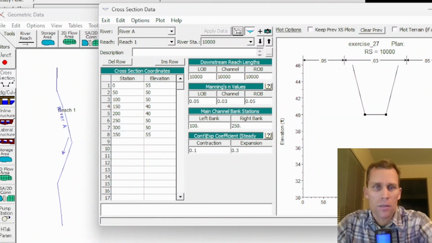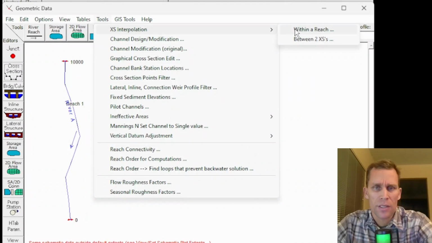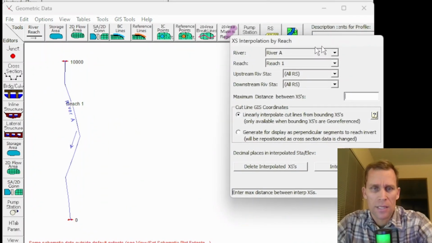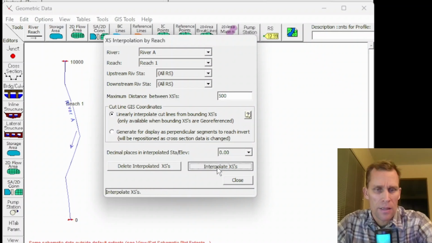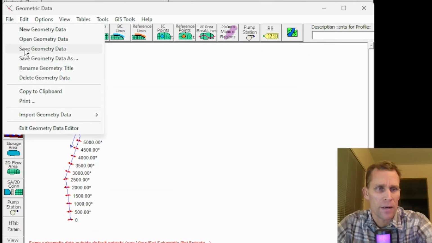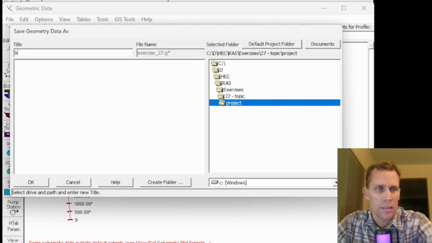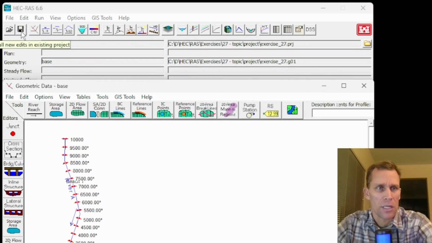All right, so I'm going to close that. And then, like I said, I'm going to add some intermediate cross sections within the reach. I'm going to say this is going to take place every 500 feet, and then interpolate and close. All right, so we have our cross section data right there. That looks good. All right, so let's save this geometry file, save geometry data. I'll just call this my base geometry file